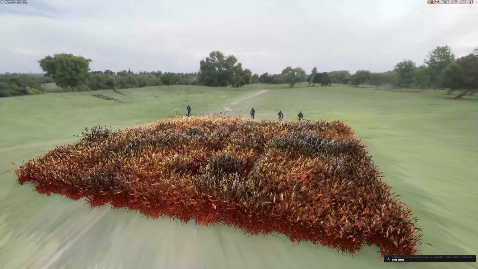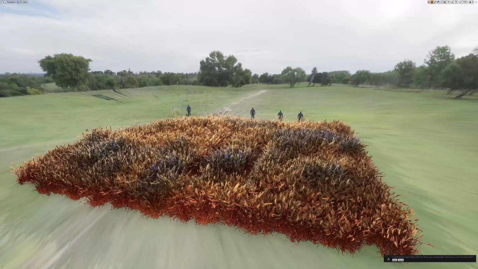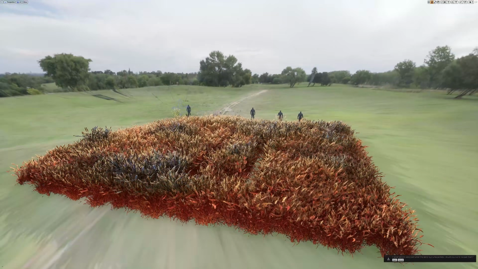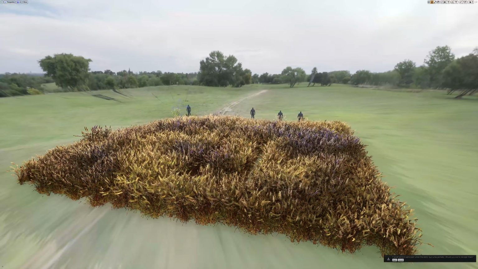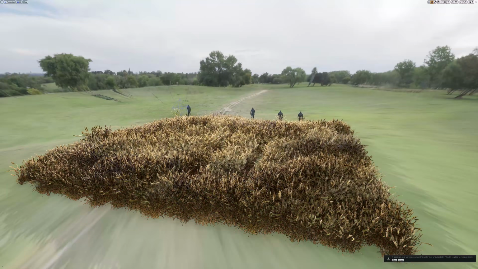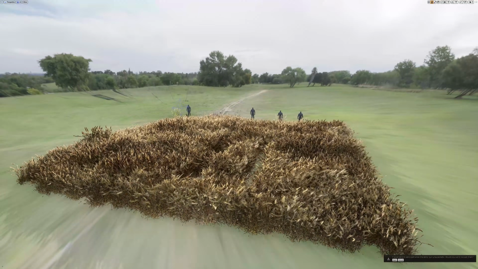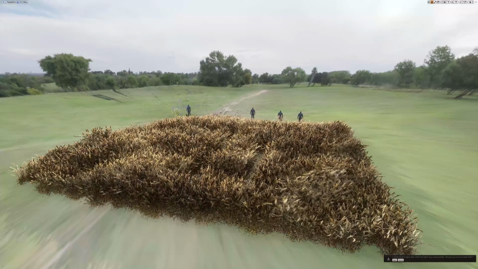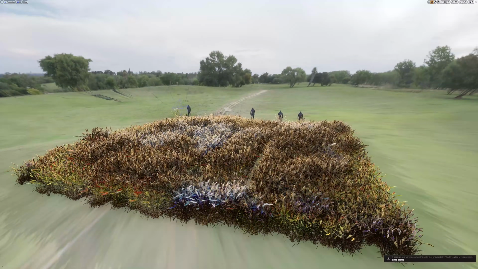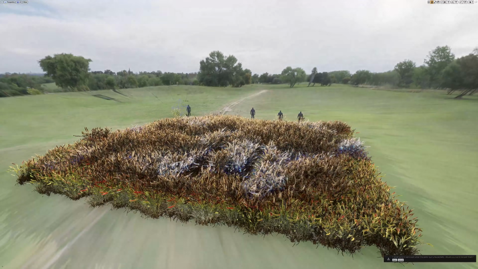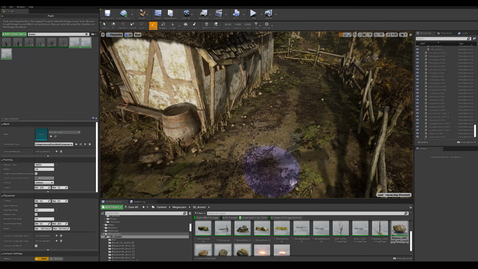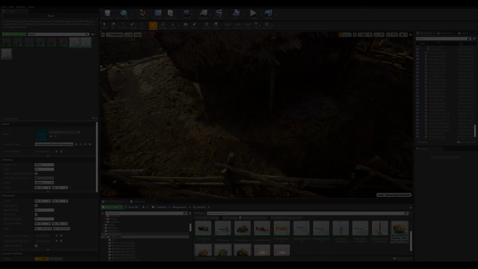Furthermore, I used the existing noise data to affect subsurface scattering and the albedo to add more visual fidelity to wind gusts, making them more striking and visible from a distance. If you really want to dive deeper into this material and fully understand its workings, don't worry. The entire setup is available for you to download and dive into, and I highly recommend going through the material at your own pace.